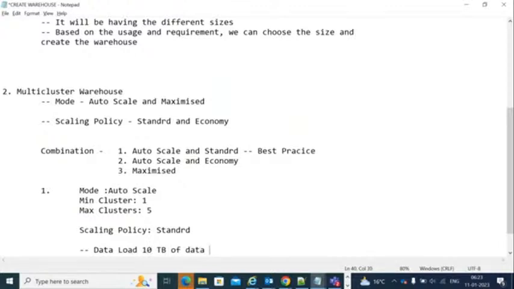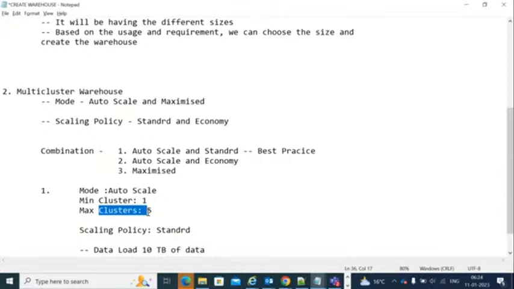This is one of the scenarios. If you create your virtual warehouse as a multi-cluster warehouse with mode auto scale and scaling policy standard, and you select minimum cluster 1 and maximum cluster 5, what will it do internally before loading the